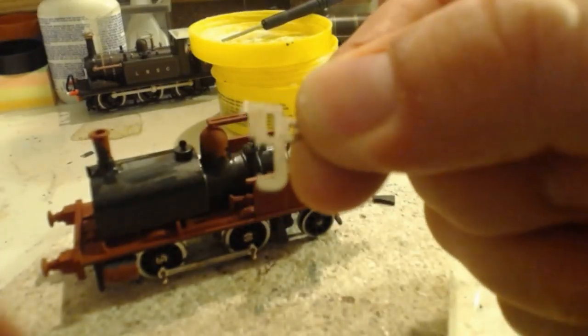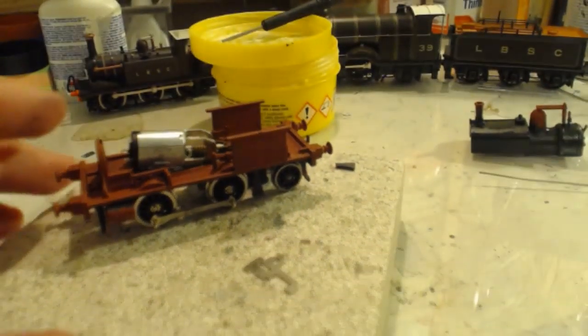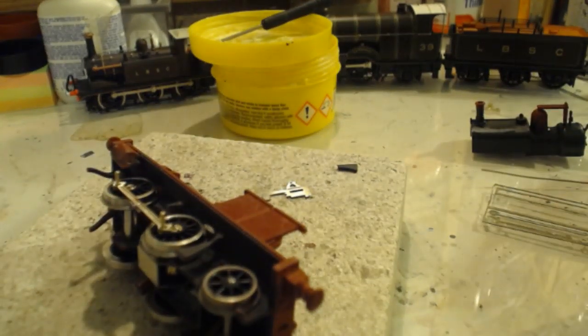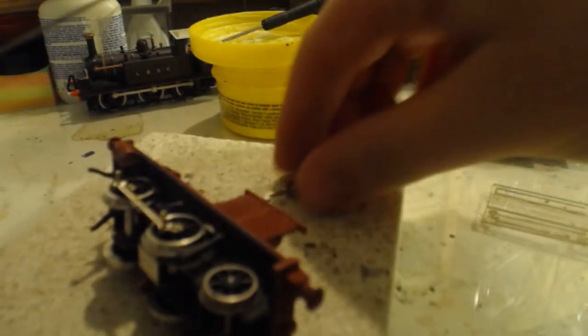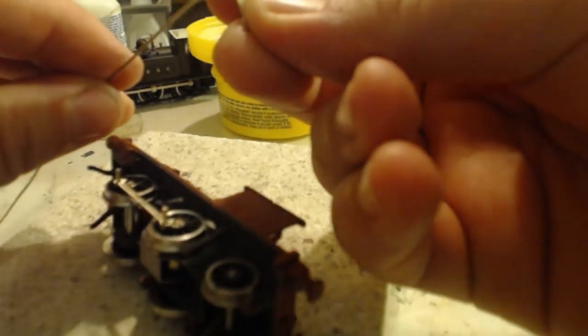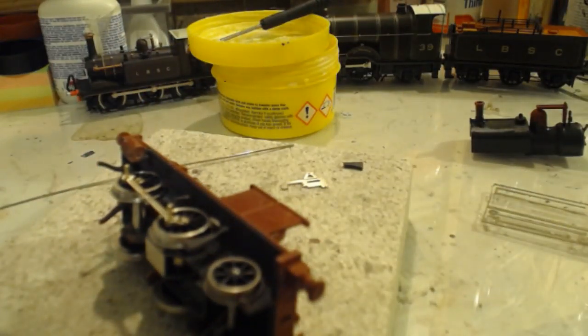So we're going to use the hangery bits. I don't know what these bits are called, off of the DJH sprue. They are going to be hanging from about there. And the rest of the slide bar is going to be made from this, which is just the right thickness to sit inside. It also happens to be